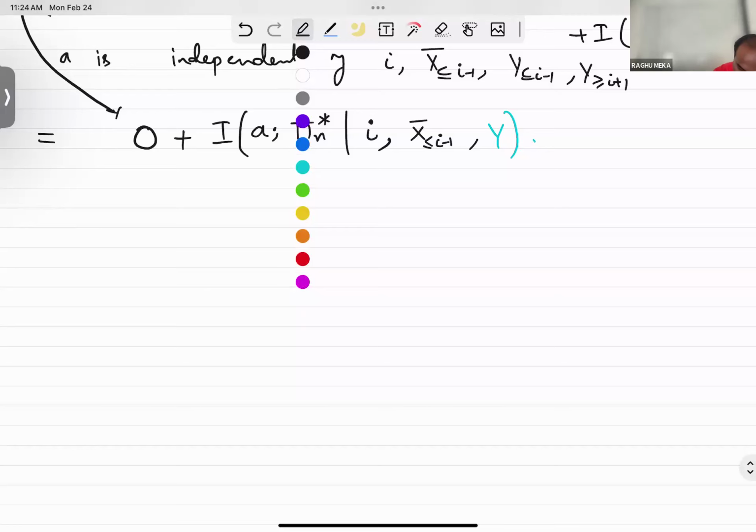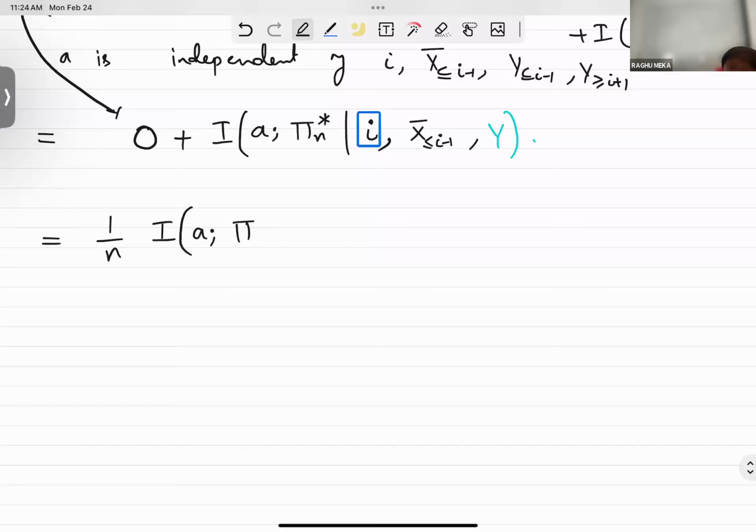So if I just focus on this condition, I can write this as equal to the probability that I equals 1, which is 1 over n, right? So it's going to be 1 over n times the mutual information between I, phi n star, conditioned on, if it's 1, there's nothing that you're doing, right? So it's just y plus